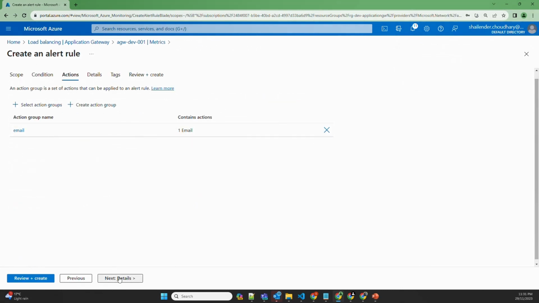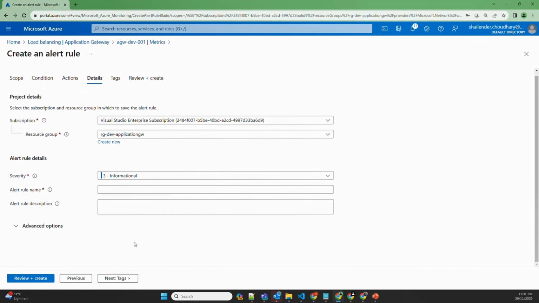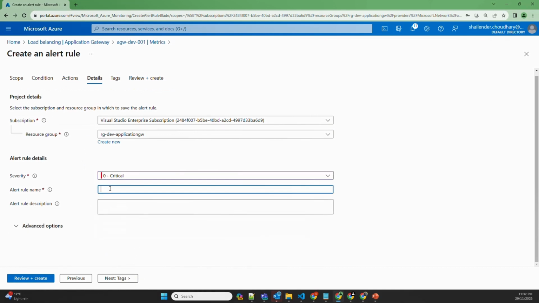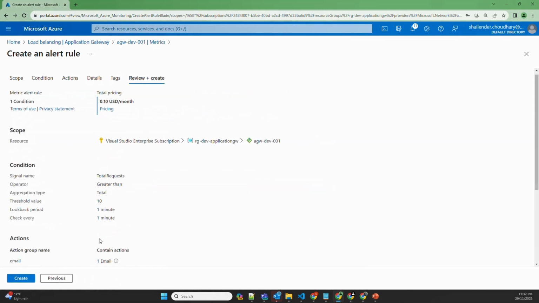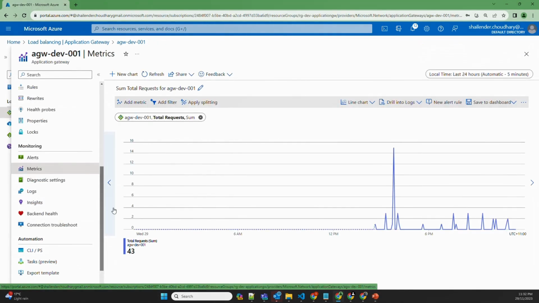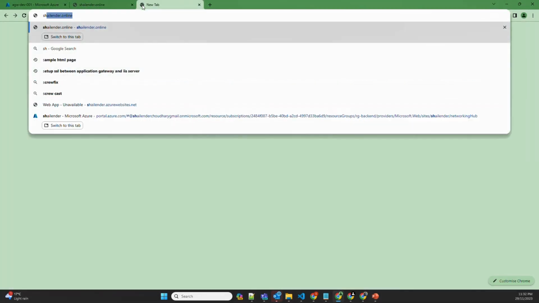Let's select this action group. Next, details. Let's mark the severity as very critical, and the rule name as alert rule total requests. Review and create, and create. Now this rule will be created, and if there are more than 10 hits, then I should be notified over email. So let's open shailendra.online multiple times